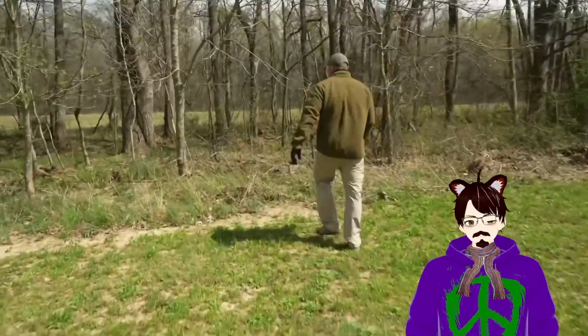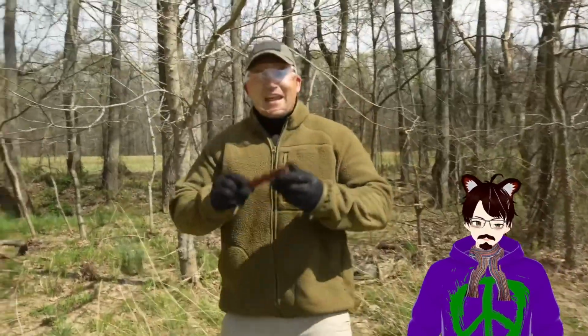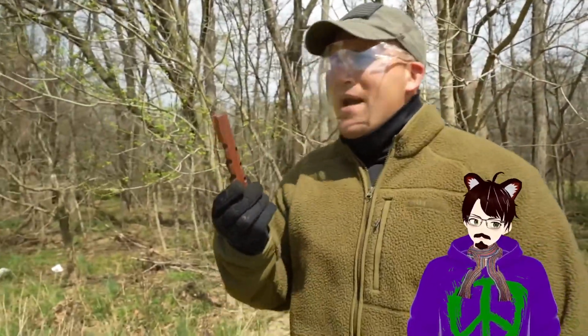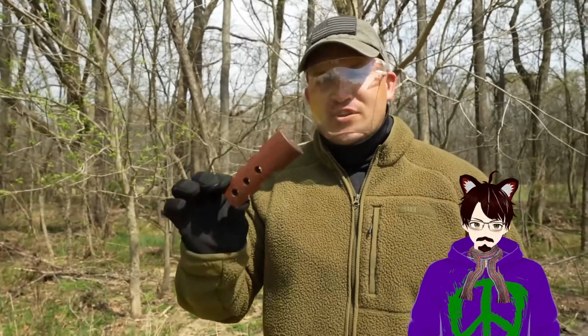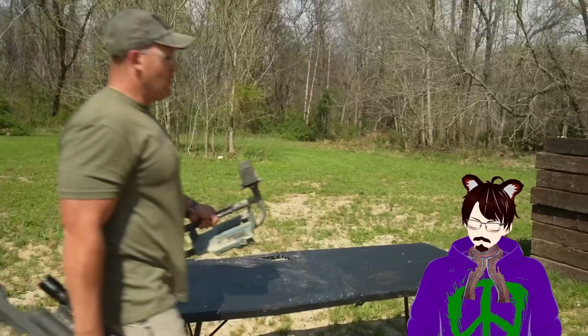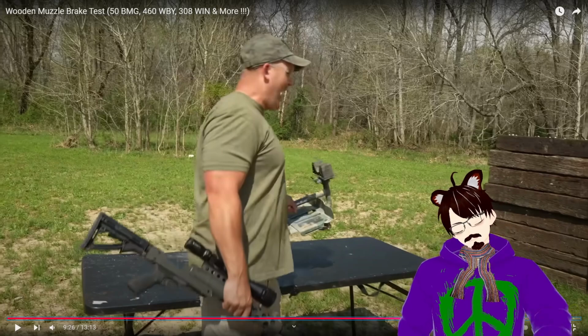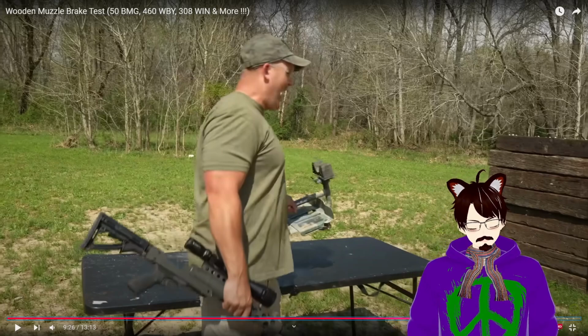Okay, well, wow, that got launched pretty far. I'm about 30 yards from where we shot, and this thing just completely detonated. Now it makes me wonder, what if you did it in a different orientation, like so that